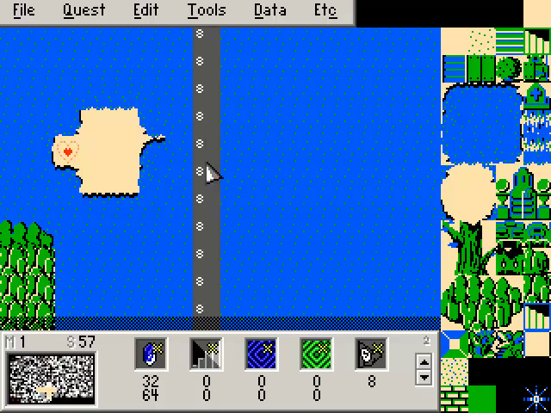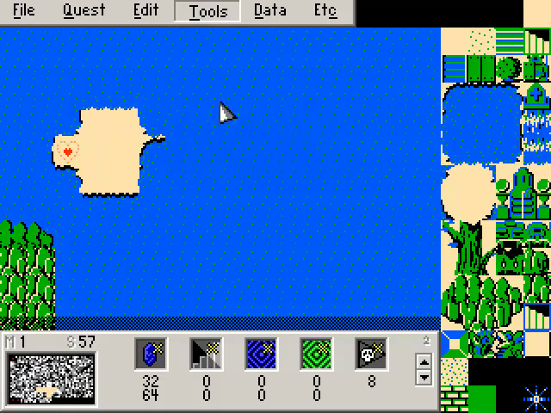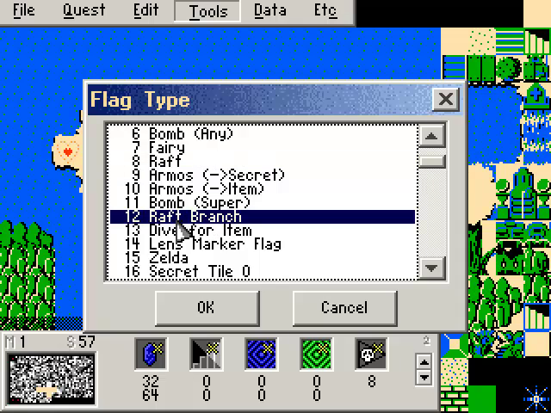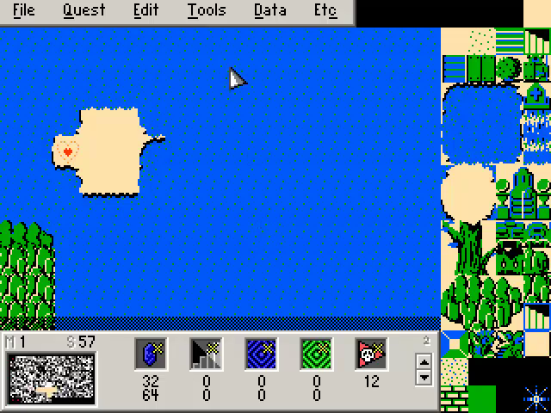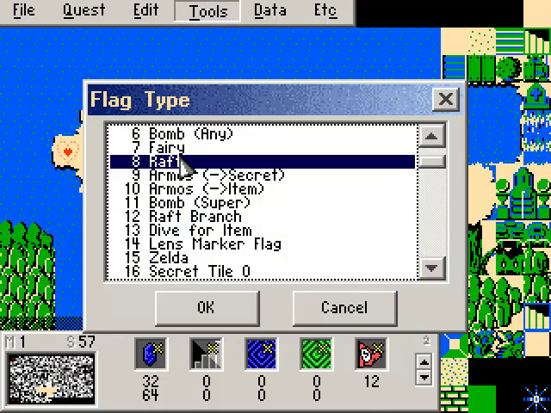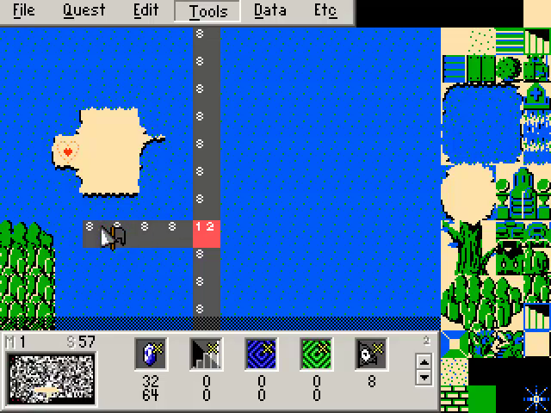So for now, we're concentrating on this raft path. Somehow we want the player to be able to get over there, other than swimming eventually, of course. So let's say we want him to get over there with the raft. Well, what we can do is if we go to flags, we say raft branch, number 12, and we put it here. What that does is that creates a raft branch. So if we were to come back to do 8 and go like this,